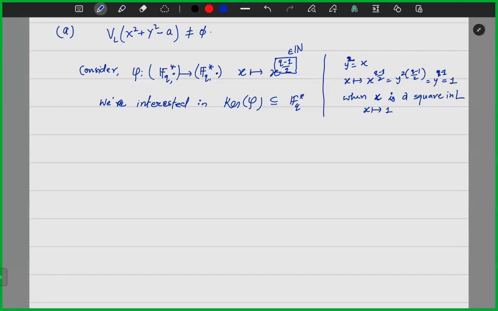When x is not a square... F_q star square is contained in kernel phi, and this is also contained in F_q star. Then F_q star would be equal to kernel of phi, but